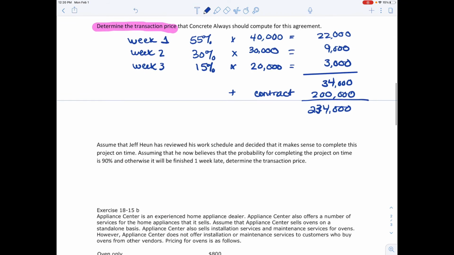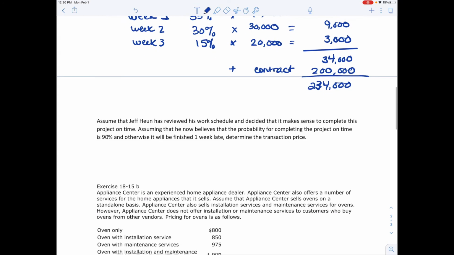The second part of this question says, assume Jeff has work scheduled and decided to make sense to complete all his projects on time. That would be nice. Assuming he now believes the probability for completing the project on time is 90%, and otherwise it'll be finished 1 week late, determine that transaction price. So we're going to run through this again. This time,